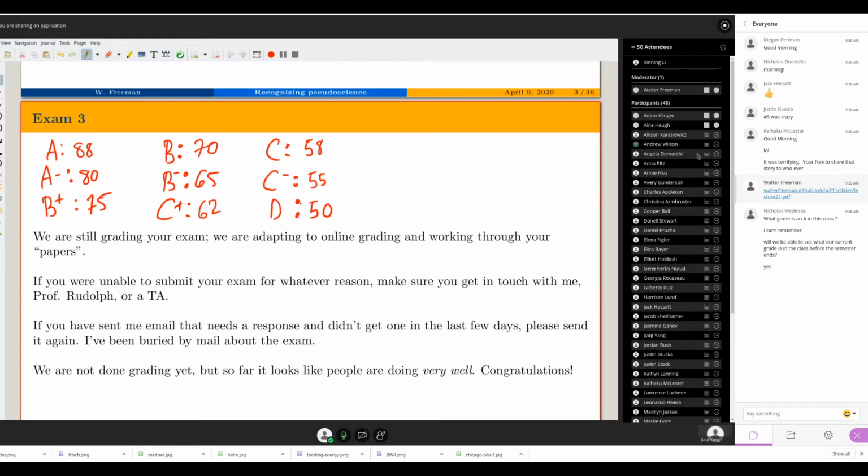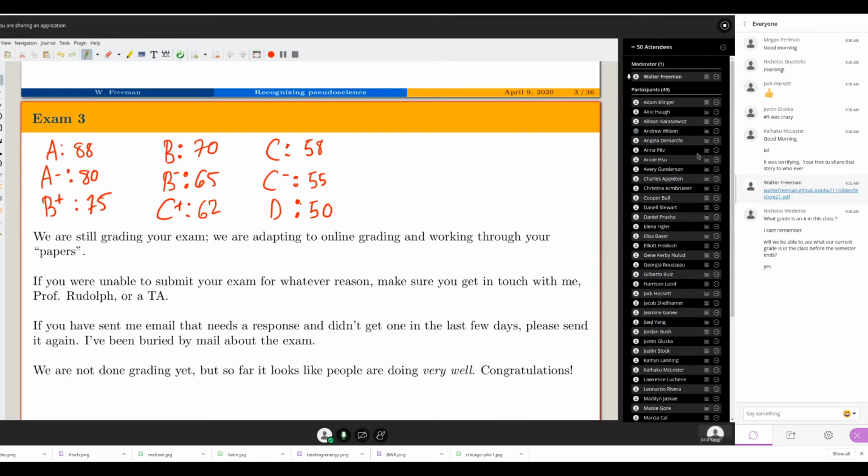All right. Will you be able to see what your current grade is in the class before the semester ends? Not directly, because it requires a lot of calculation, and we often put our effort into teaching rather than into calculating grades before the end of the term. But you can estimate it because a good way to estimate your grade will be to, as Cooper says, we drop your lowest exam grade. So take your two highest exam grades, average those together, and then if you've been keeping up on the homework,